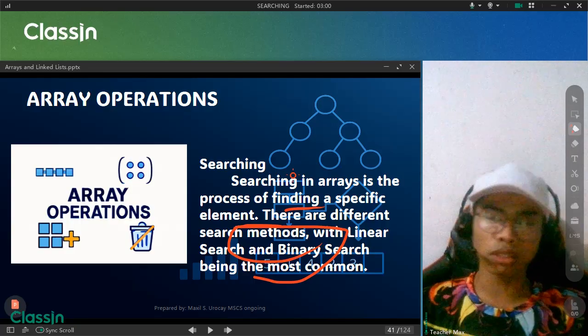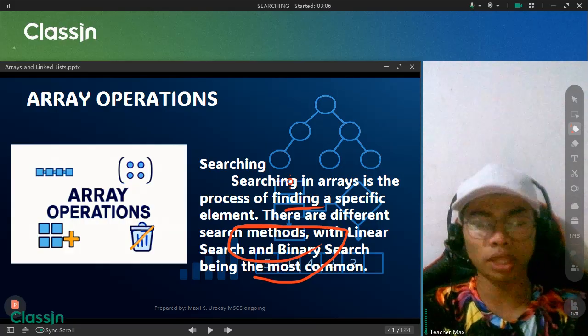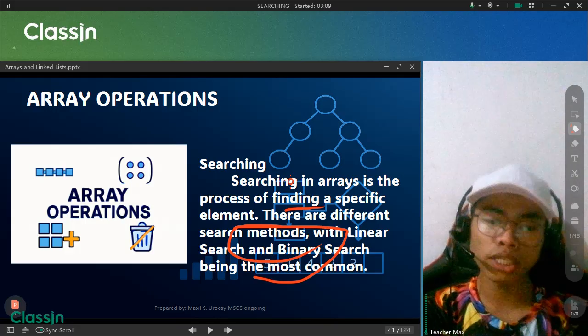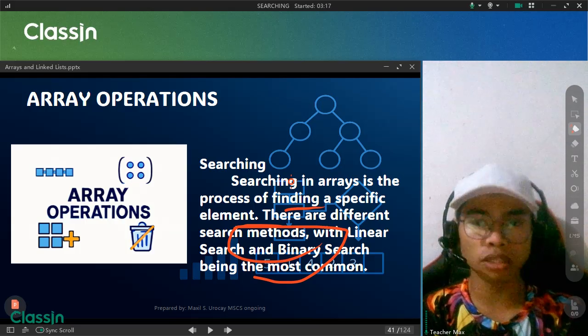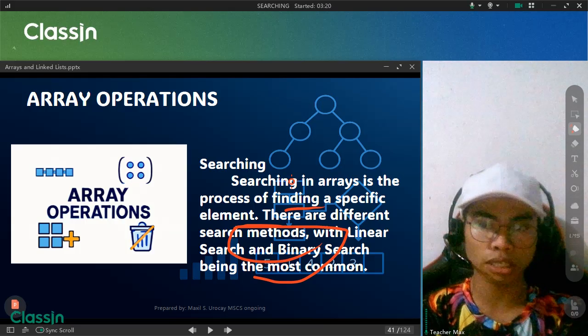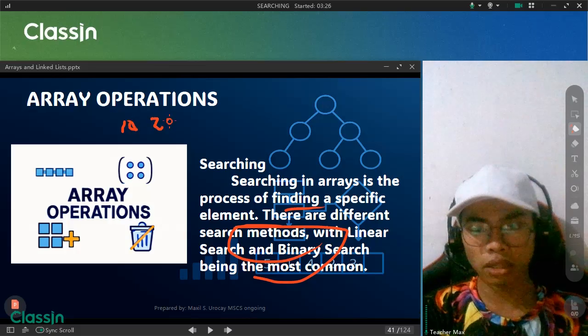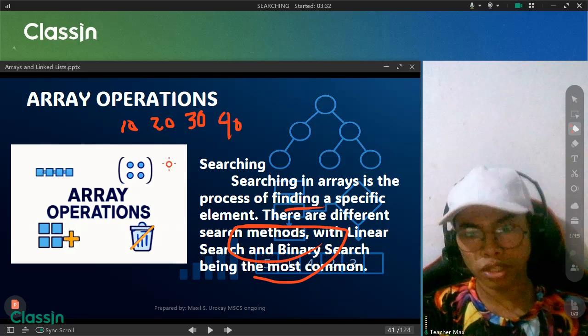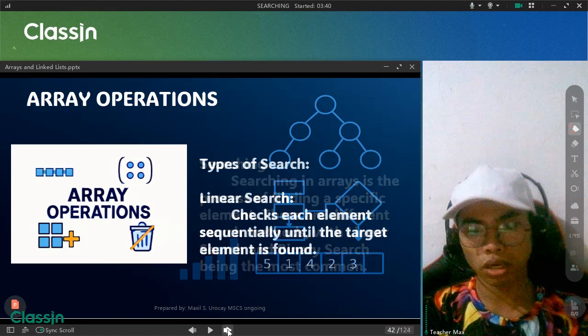Before last year, I was not able to give details pertaining to the searching algorithms to my students. However, right now we will begin to deal with these two searching techniques. For the searching operation, this is different from traversal, because traversal is printing all the elements, but in searching we have a key element that we are searching for. Say for example, this is 10, then 20, then 30, then 40, and you will begin to search for the specific one, only 30. So you will search one at a time, or it could be performing binary search. So we'll begin to deal with how to do it.